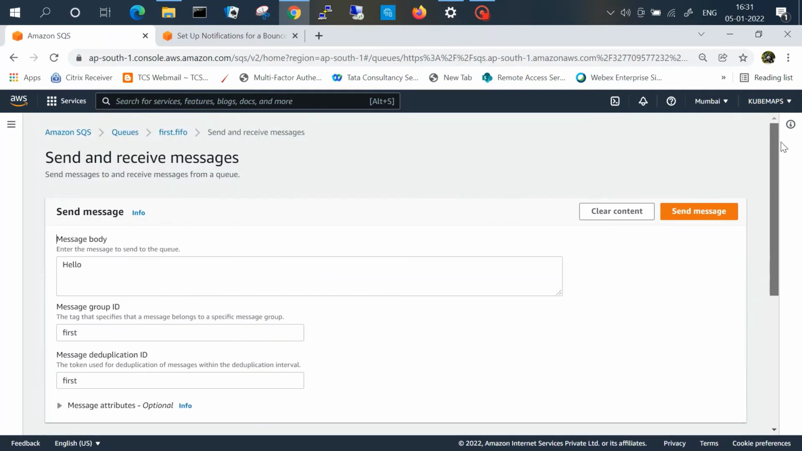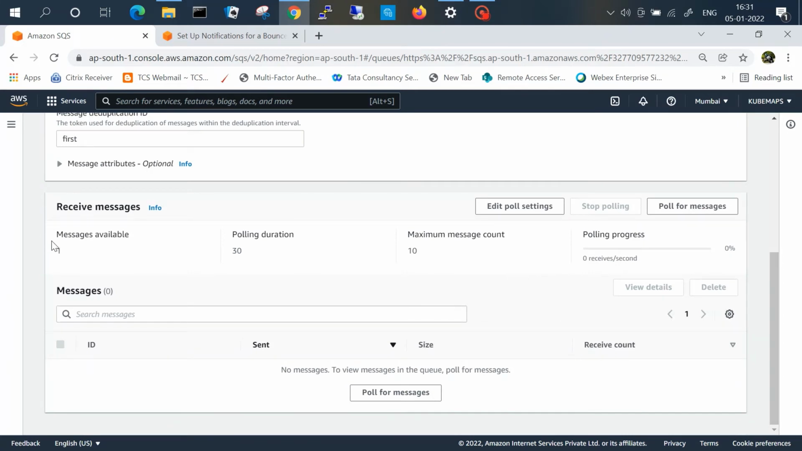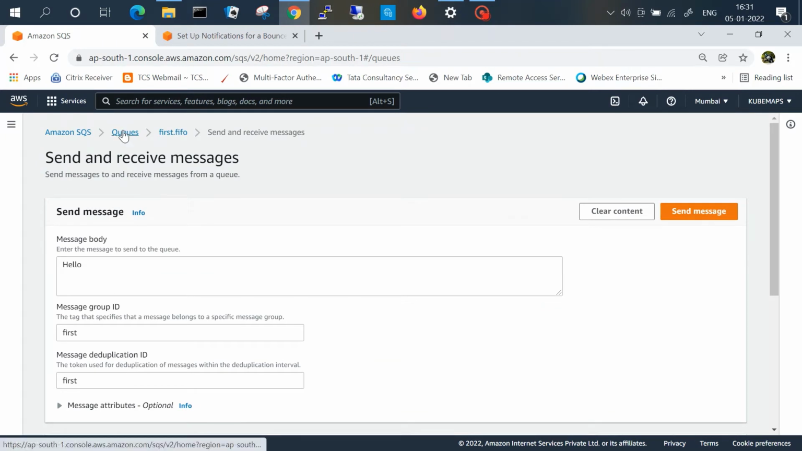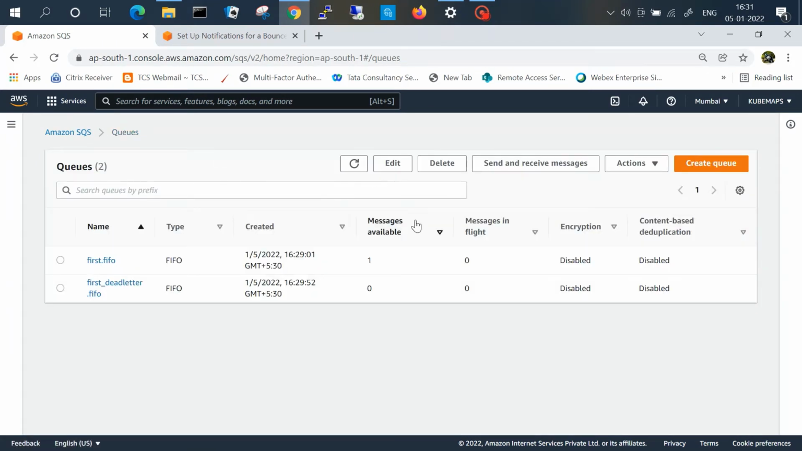Now let's see. Yeah, we have got one message available. Let's come down to queue. Now you can see in first refer one message is available. Let's